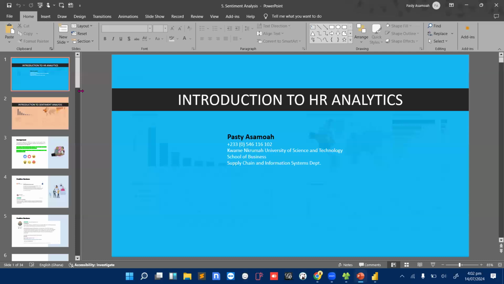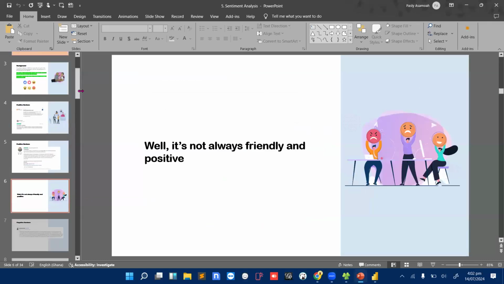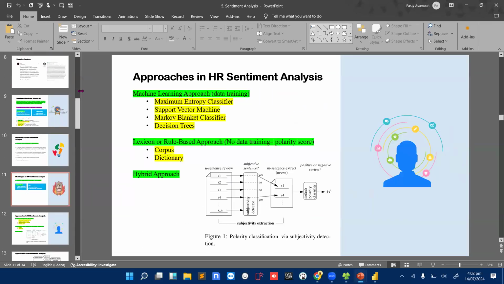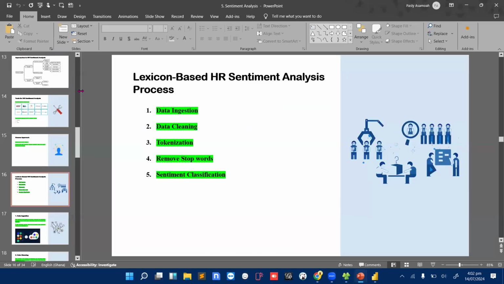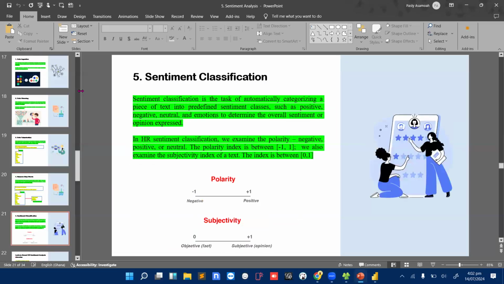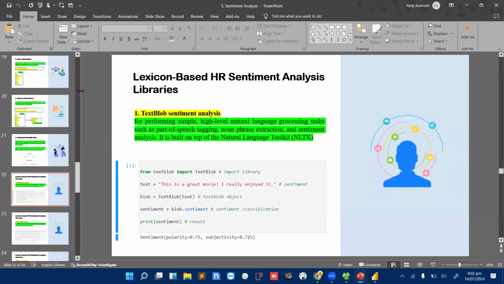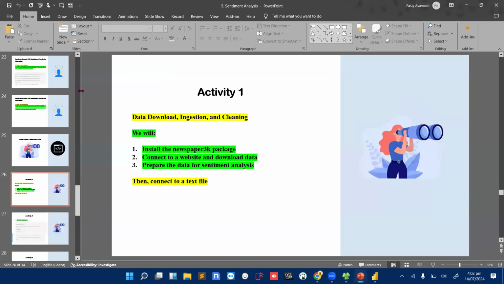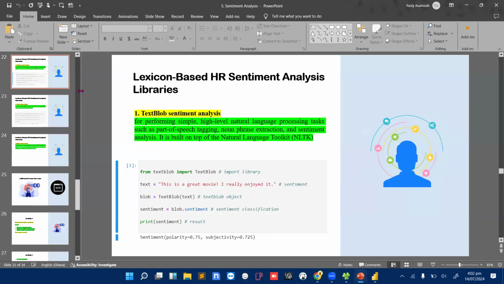For sentiment analysis, I think we may do the lab activity the same day because the theory is not much. The rest is practicals. All of these things are practicals. You can see I have some codes in here to guide you on how to do it. Okay. But of course, let me stop the recording for now.